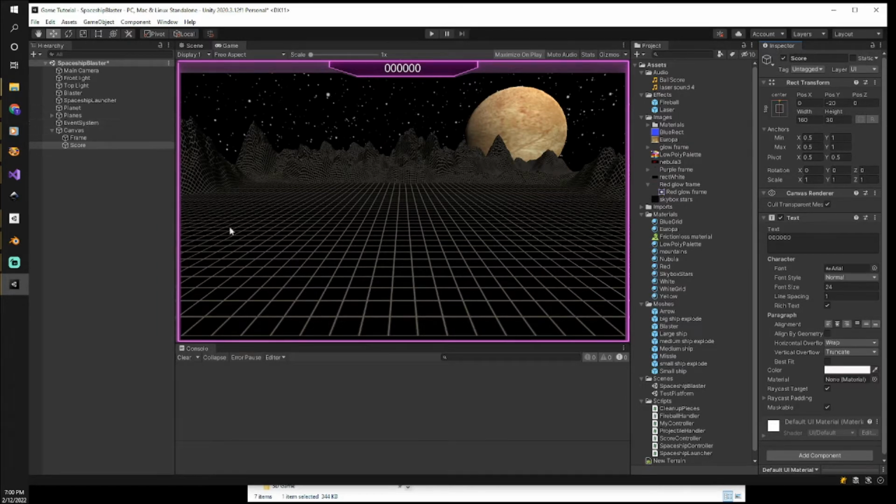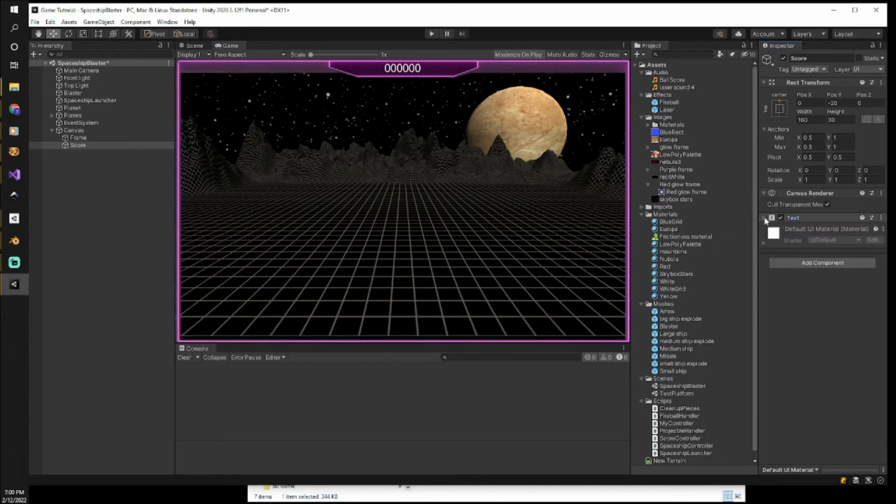So now what we have to do is actually animate and count up our text. So what we're going to do is attach a script to this component. And I've already made a script, and I'll walk through that script. It took a bit of playing around with to get it all working properly. And I call that script scroll controller. So if we go to scroll controller,